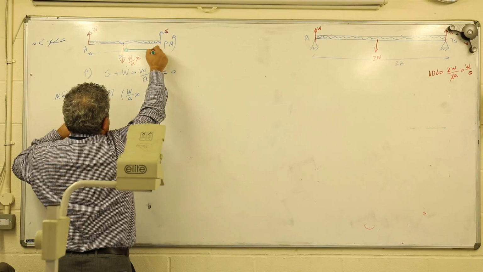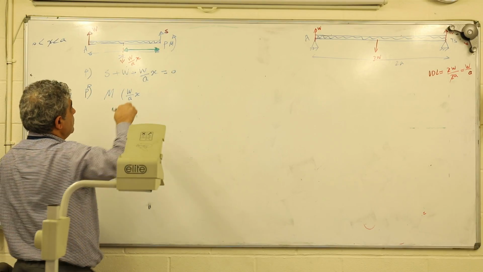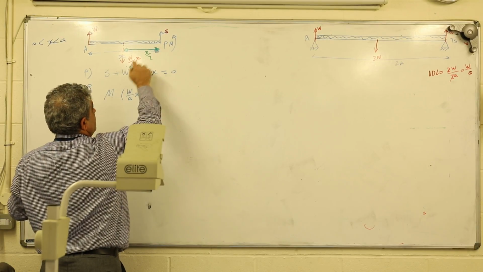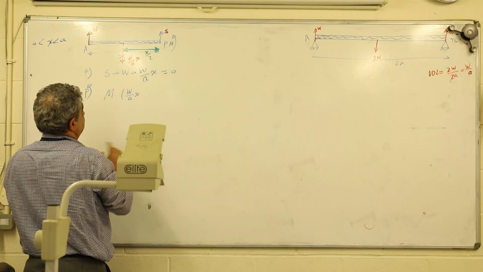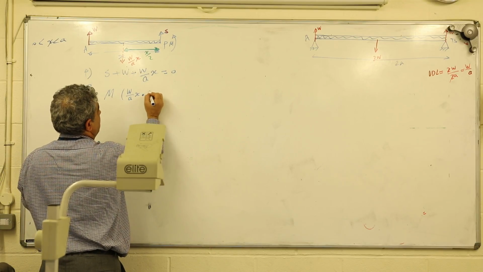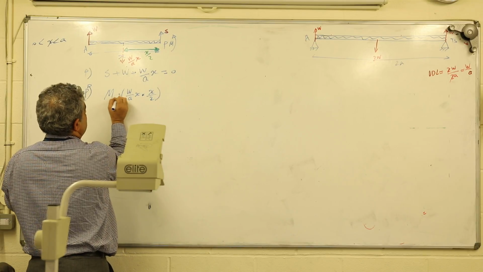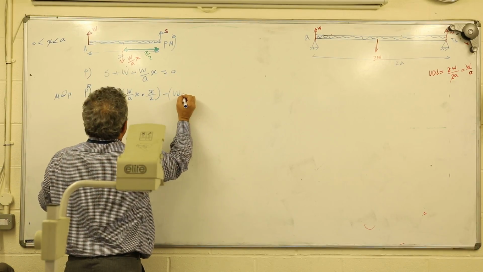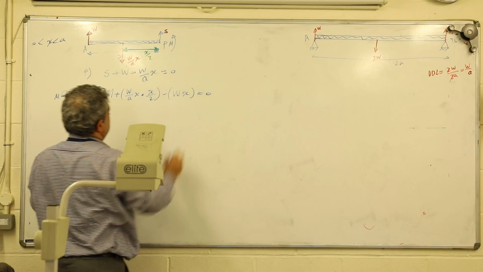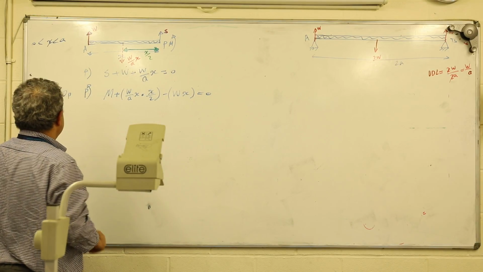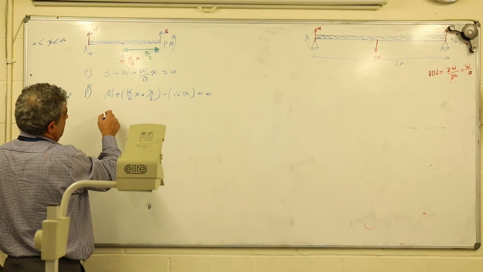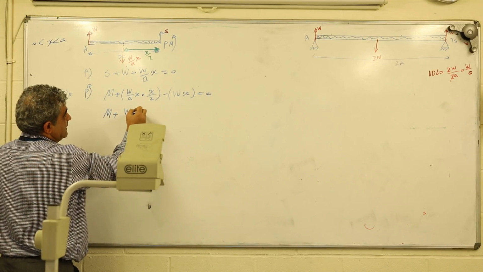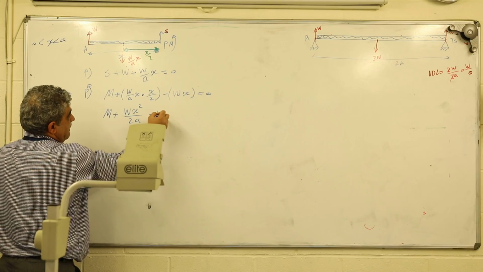Make sure you record everything and go home and go over it one more time. This is going to be X over 2. So this times X over 2, it's going to be the same direction, positive. And this one, W goes the negative way, times X. Happy? And let's sort out this one. This is one cut. And then if I make it nicely, M plus this times that would be WX squared over 2A, minus WX, equals